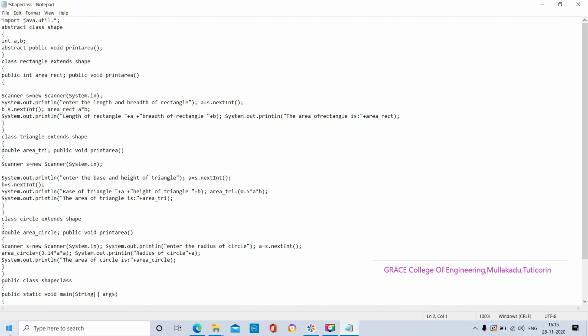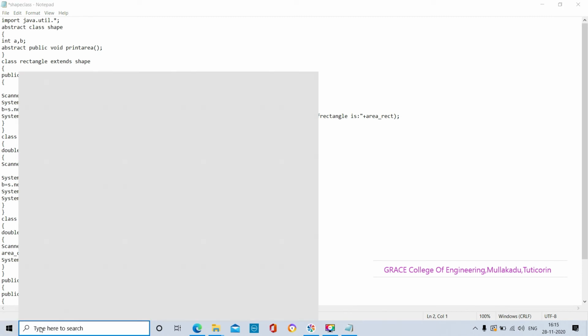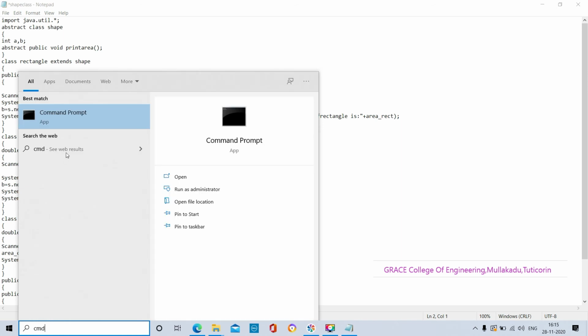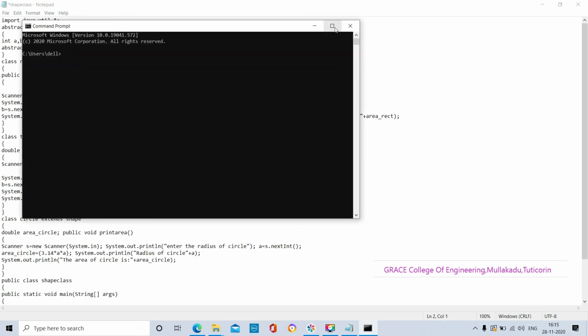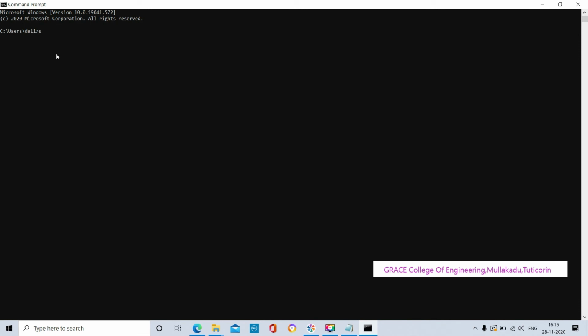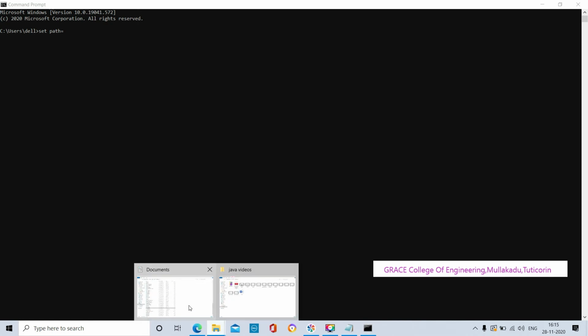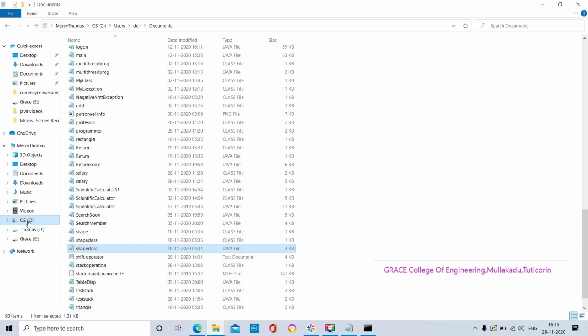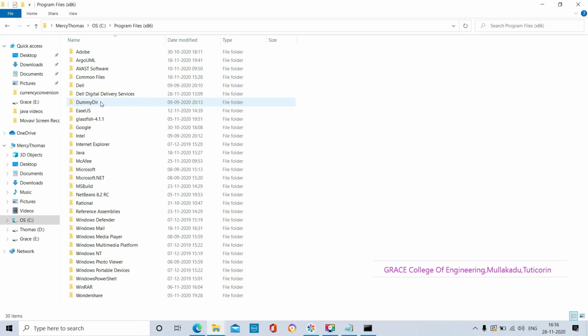To compile, we go to the command prompt. In the search box, I am typing cmd, so the command prompt application will open. Here we have to set the path for the Java software. In this laptop, the Java software is present in the C directory, Program Files (x86), which is for 32-bit supported software.